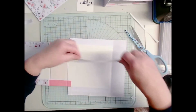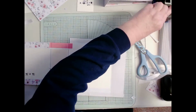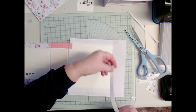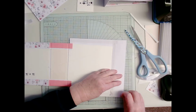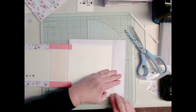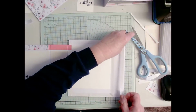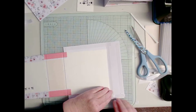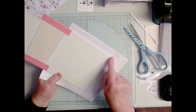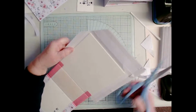You do waste a little bit of double-sided tape where you cut off here, but it does make sure that you've got tape right to the edge. So I'm going to place that one down there and just going to lift that one up, place it down. There we go. Right, this one onto there. Right, once again keep away from that corner, just about 1/2 centimetre,